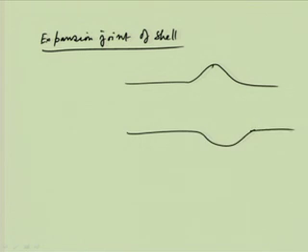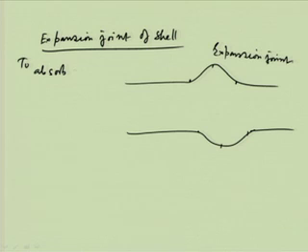These portions are welded. So, these are called expansion joints. So, if there is a big joint, this is to absorb any thermal shock,